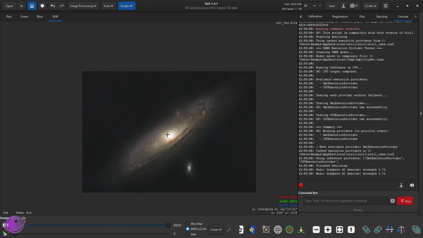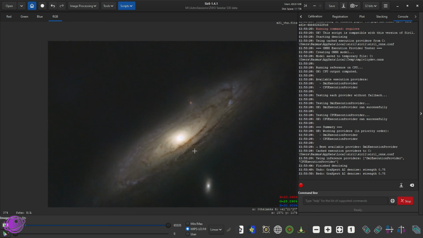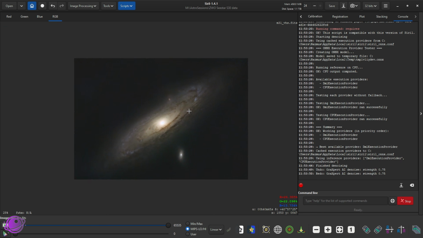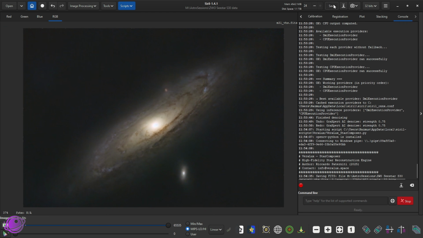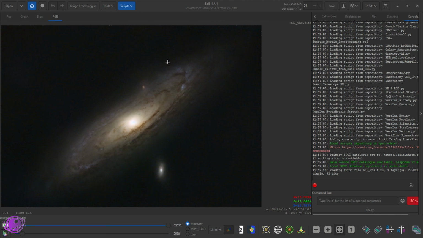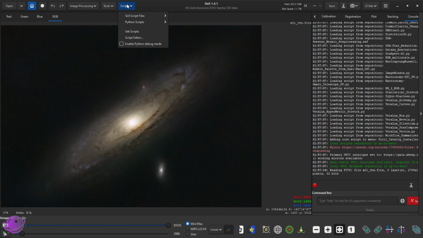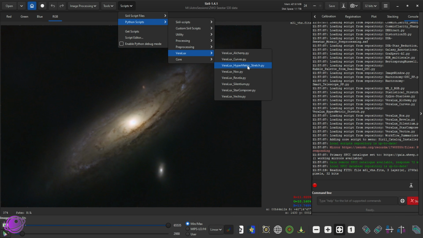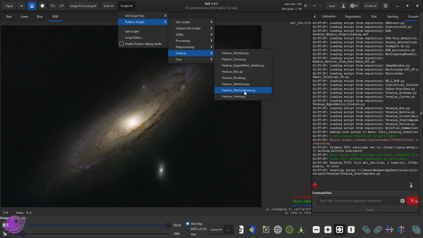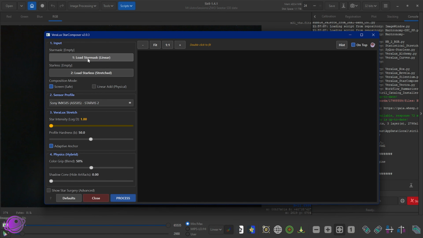Yeah, and the more I process this, the less happy I am with the core. So forgive me, viewers. So I'm going to click on save so that that data is saved. And the next thing we're going to do is bring our stars back. And I'm going to go to scripts, Python scripts, VeraLux, and then do star recomposer. I'm going to open my star mask